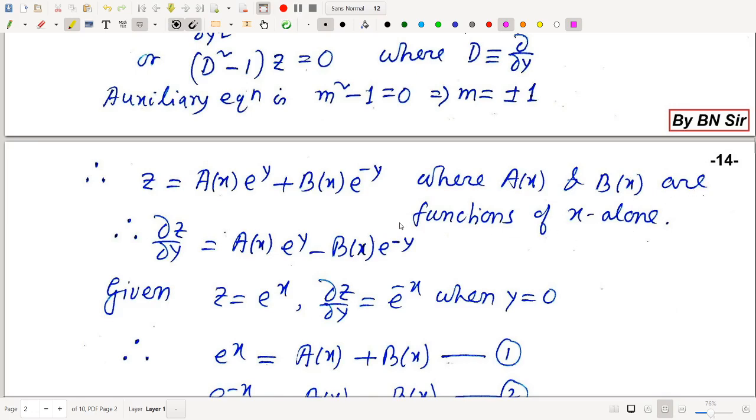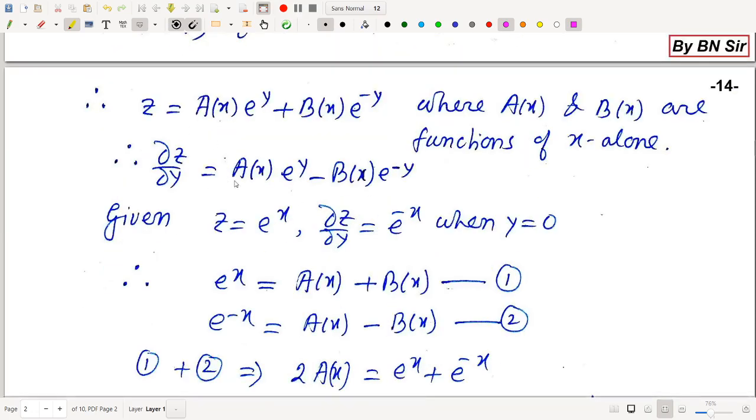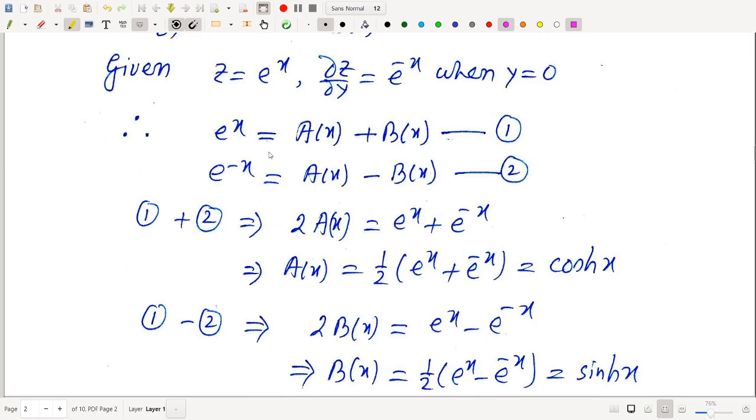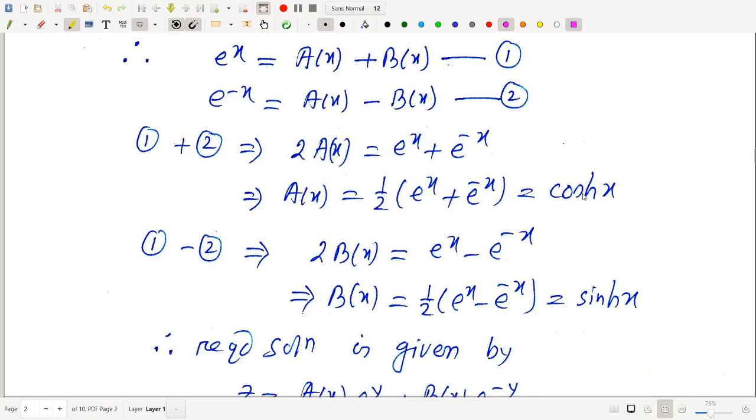Therefore del z by del y is e to the power y, whose derivative is e to the power y, and e to the power minus y, whose derivative is minus e to the power minus y. Now given z is e to the power x, del z by del y is e to the power minus x when y is 0. So putting y equal to 0 in these two lines, we get line number 1 and 2, and then adding 1 and 2 and subtracting 2 from 1, we get a(x) equal to half